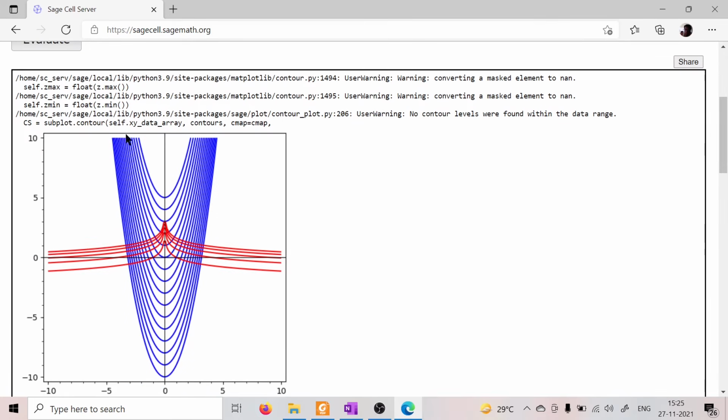You can see in here, these blue lines are the original family of curves, and these red lines that intersect the blue lines at 90 degrees are the orthogonal trajectories. You can see at each point of intersection of the blue lines with the red lines, the angle of intersection is 90 degrees, and that is what orthogonal trajectories are. The orthogonal trajectories intersect with the original family of curves at 90 degrees. Any point of intersection you consider, such as this one, you can see that the blue line and the red line intersect at 90 degrees.